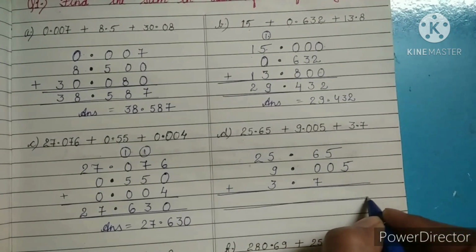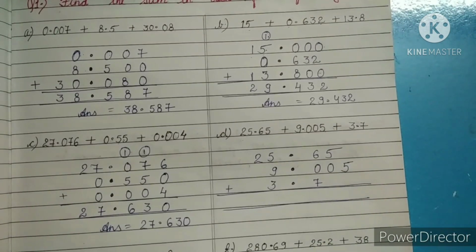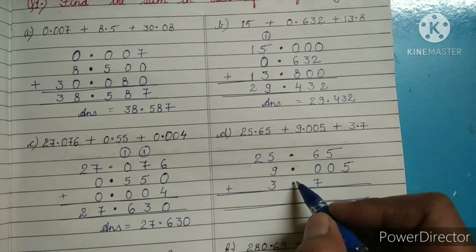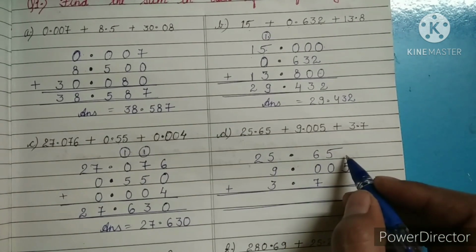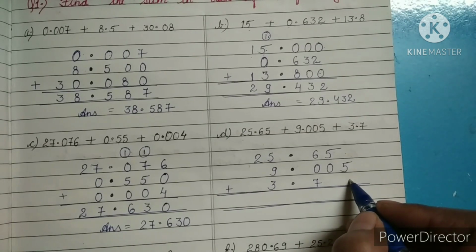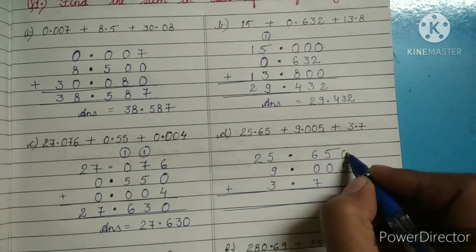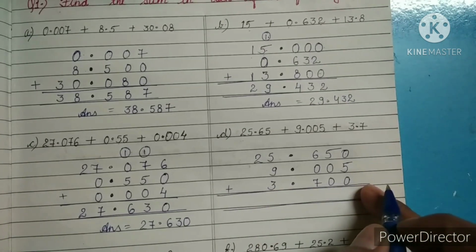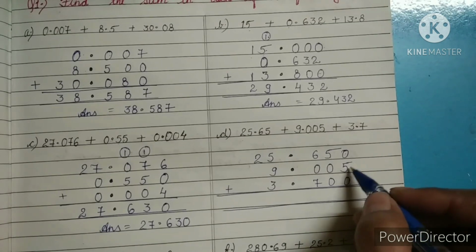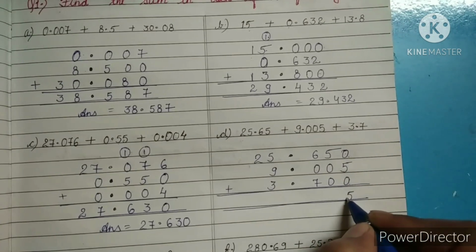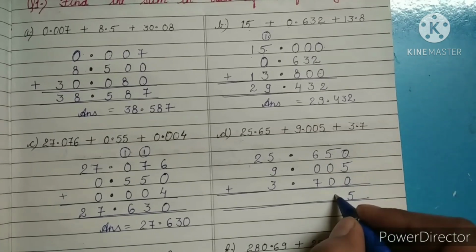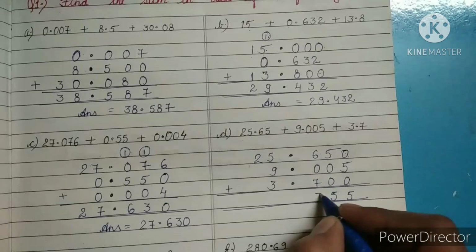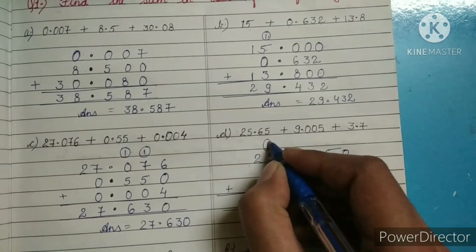Always remember to do the addition of decimal values. All the decimal will come one by one in the same sequence. Okay, now we can see here 1, 2, 3 places are blank, so we can fill them by 0 because they are blank at the end of the number. Okay, 0 plus 5 plus 0 is 5, 0 plus 0 plus 5 is 5, 7 plus 6 is 13, so 3 is here and 1 will go on the carry.